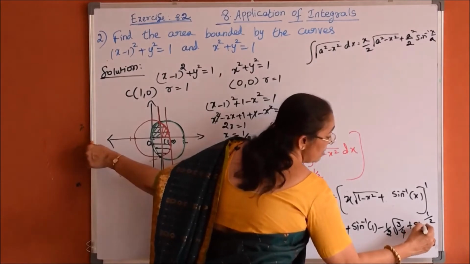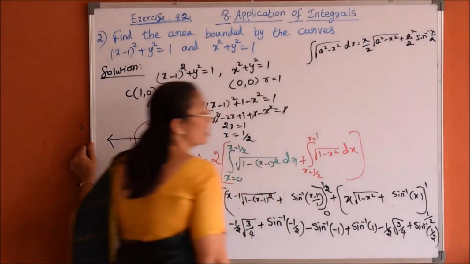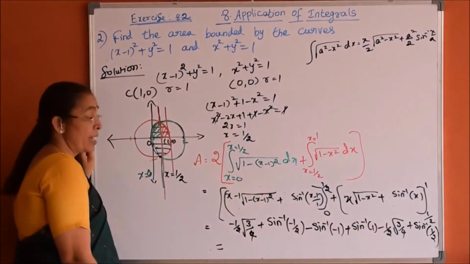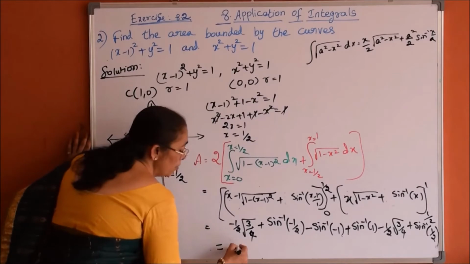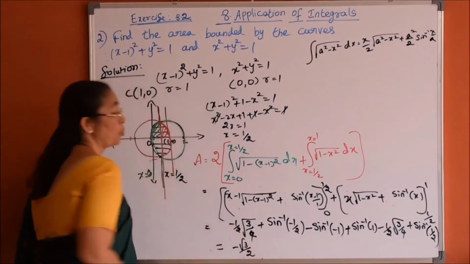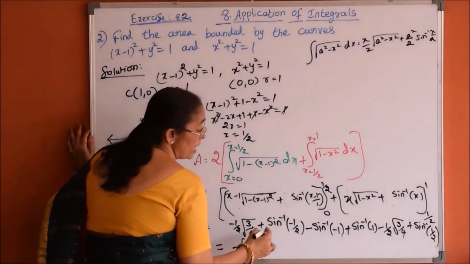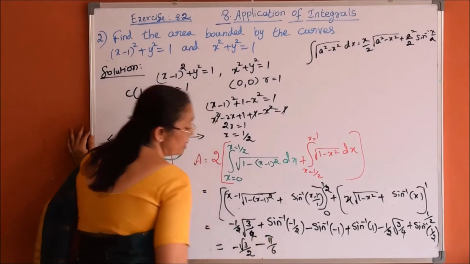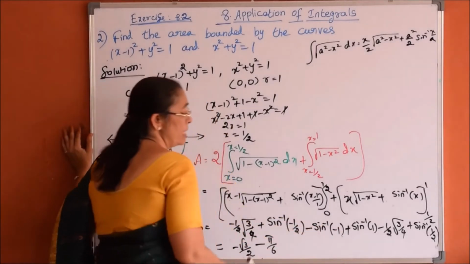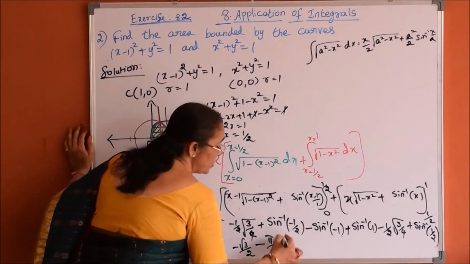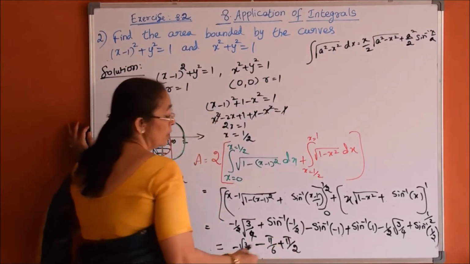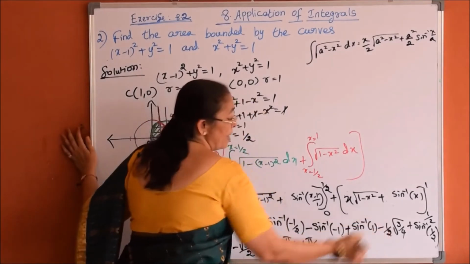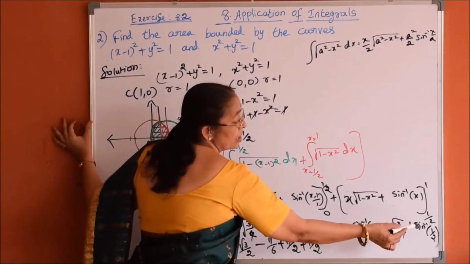Plus sine inverse of half. Minus half root 3 by 4, minus half root 3 by 4, which is minus 1 root 3 by 4, or minus root 3 divided by 2. Now sine inverse of minus half is minus pi by 6 and sine inverse of minus 1 is minus pi by 2. Here one outside negative sign is there, so plus pi by 2, and here sine inverse of 1 is plus pi by 2, and already we simplified this part, and last is sine inverse of half.